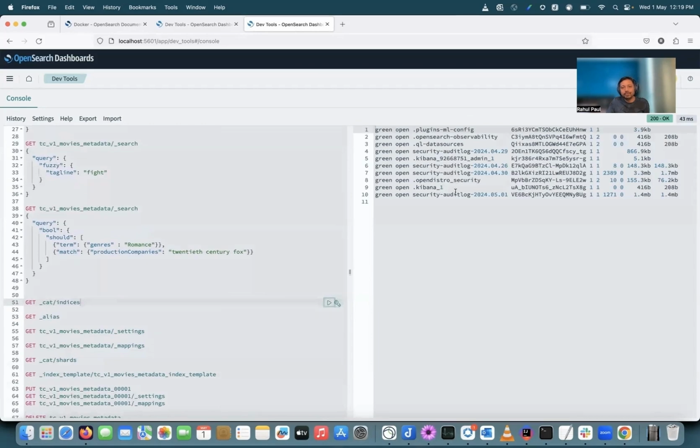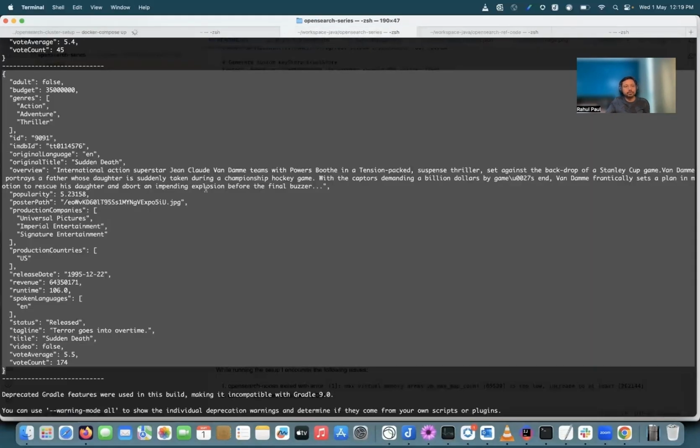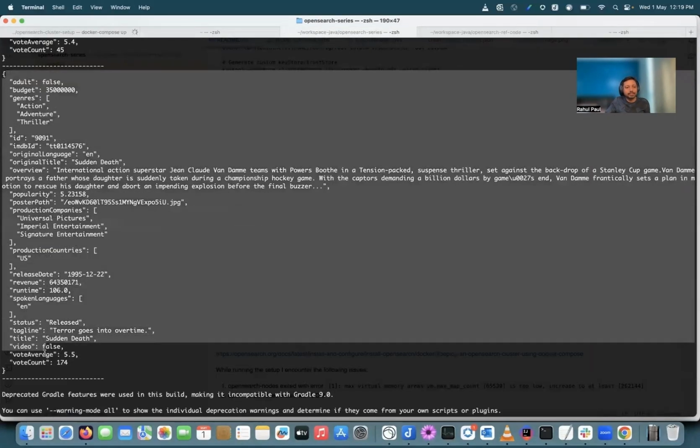Currently these are some default indexes that OpenSearch comes with. These are not user defined ones. So we'll create an index right now. I have downloaded a movies database from the internet, and I will be indexing that data here. So let's see what this data looks like. Here you can see that this is a sample